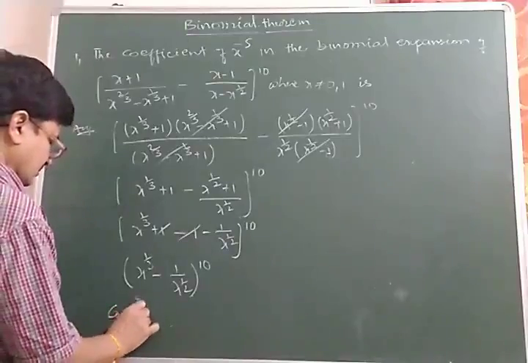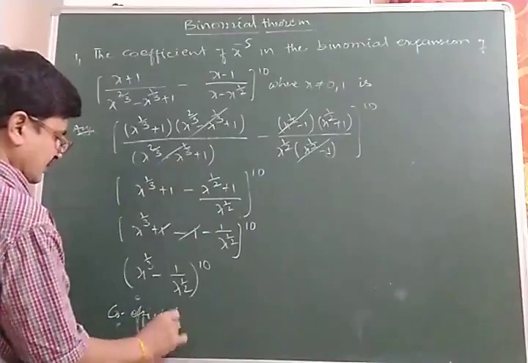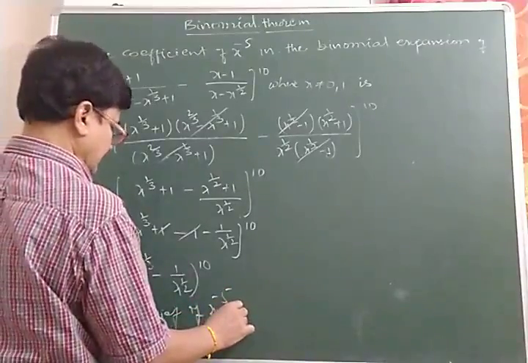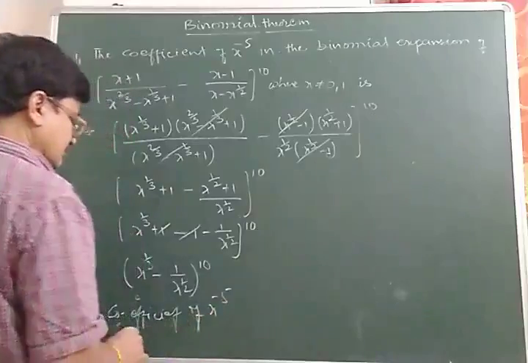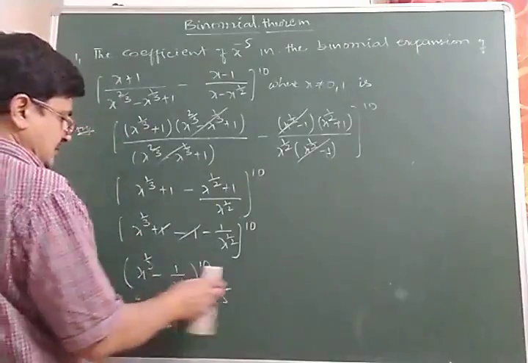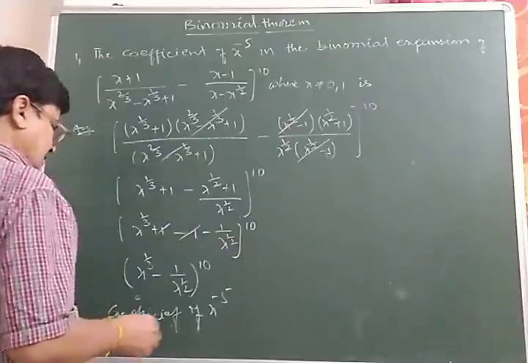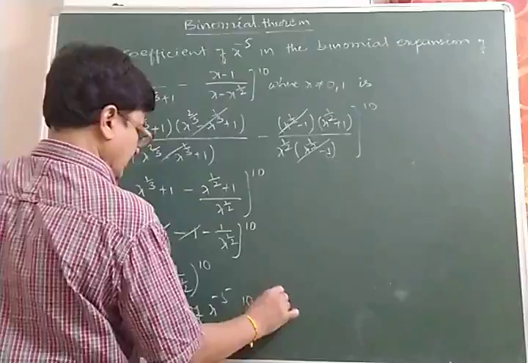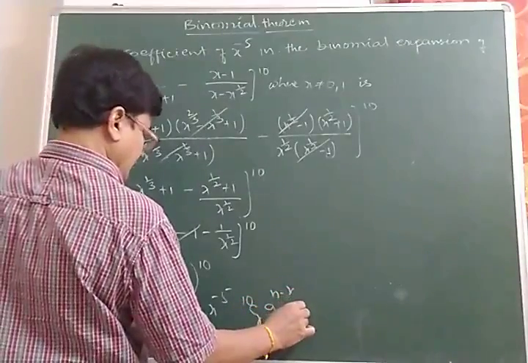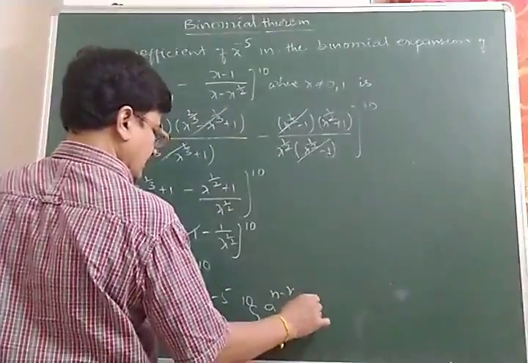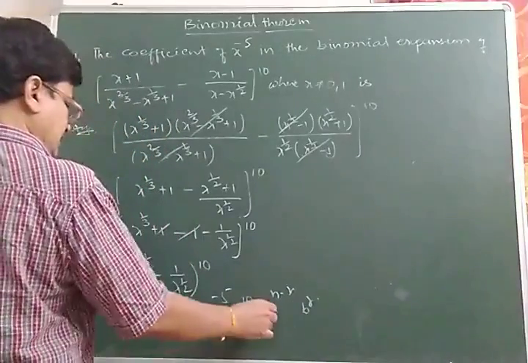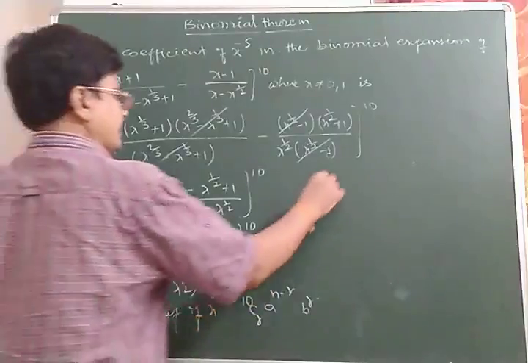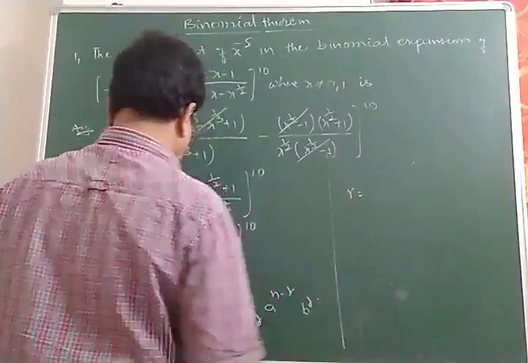Coefficient of x power minus 5 in the expansion is, first of all we find the rth term. T(r+1) = 10Cr a^(n−r) b^r, where a is equal to 1, b is equal to minus 1. So that's why we want to find small r. Here small r is equal to